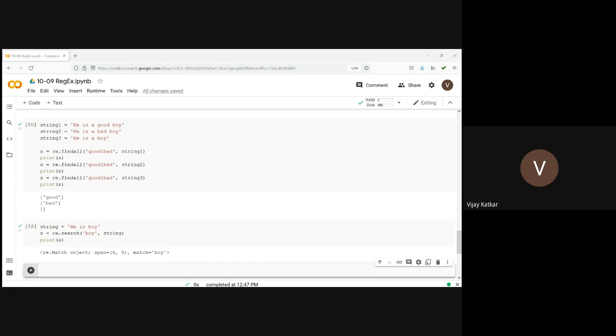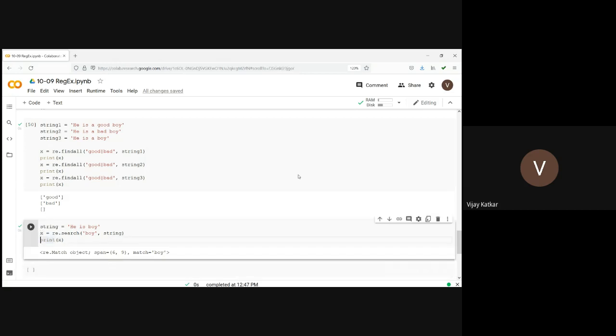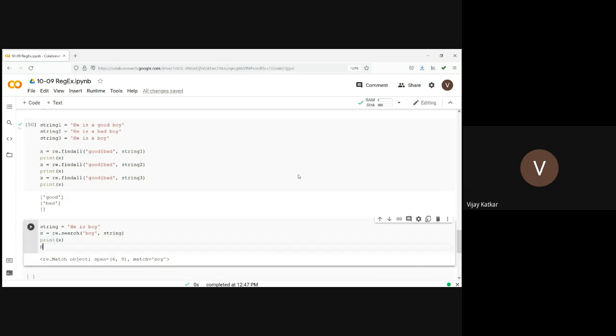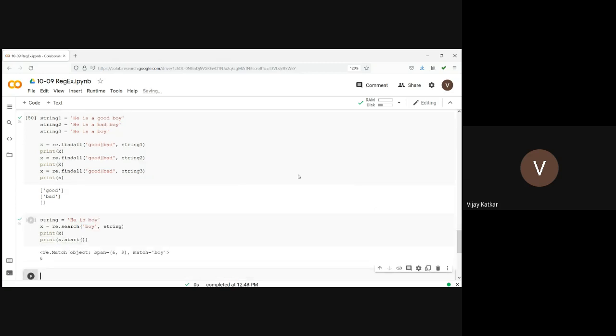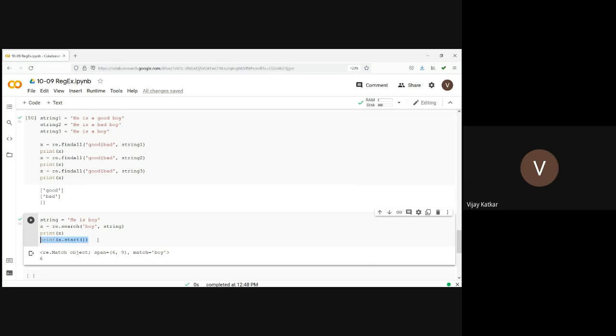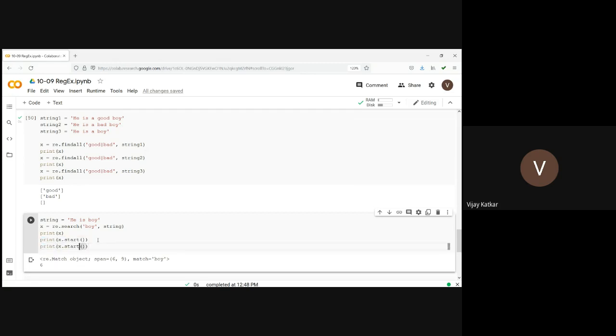We can use it to find the location of a boy or something like that. Now let's say along with print x, I'm printing x.start, then it will tell me that yes, x is there and it begins at location 6. So if start is there, can I go for end?